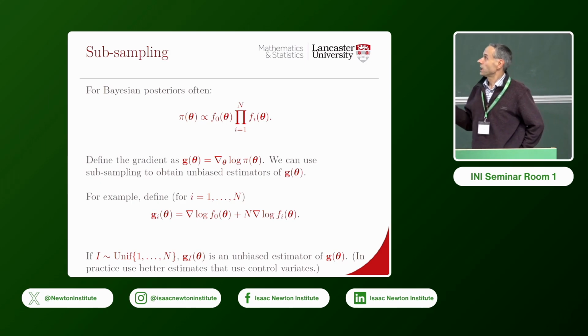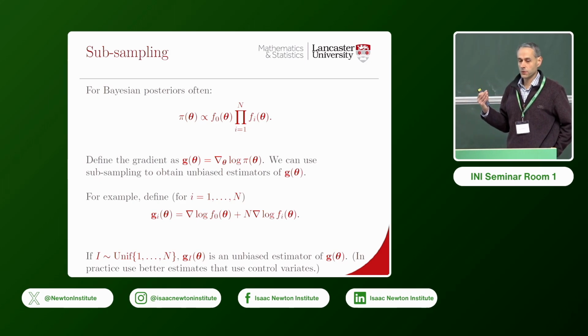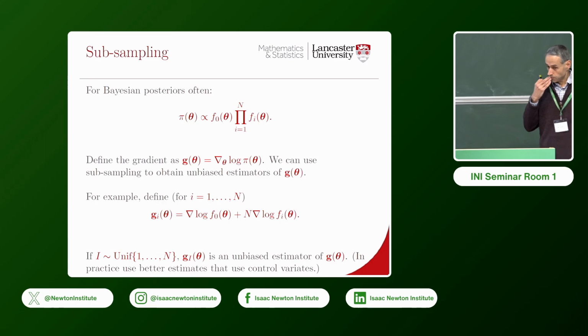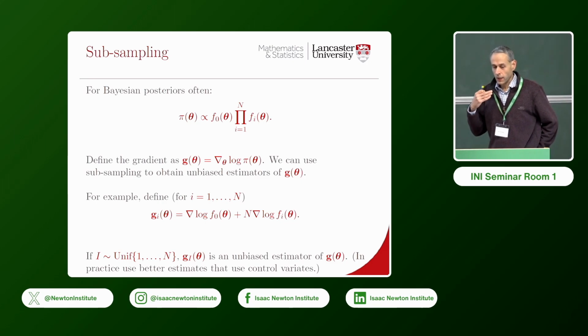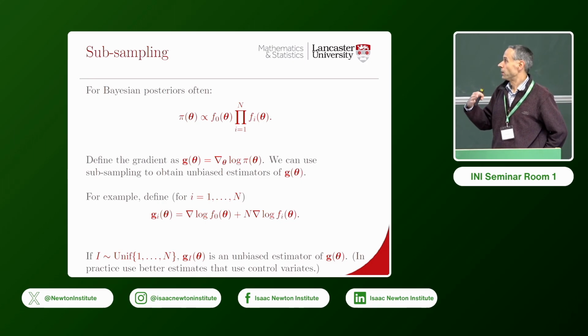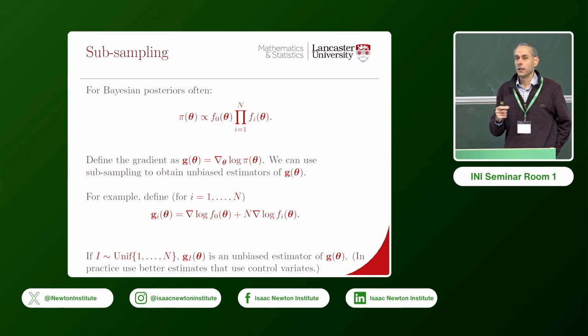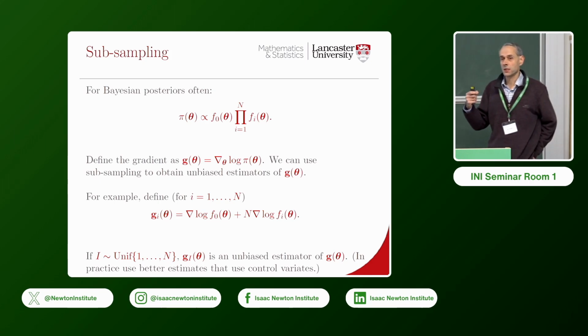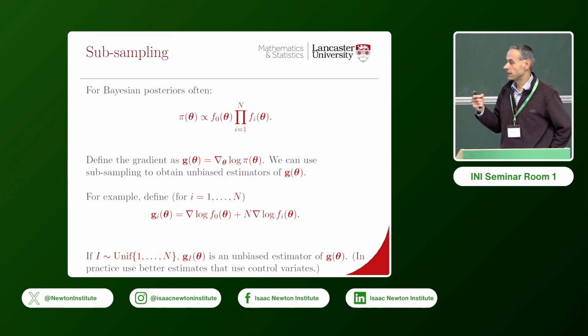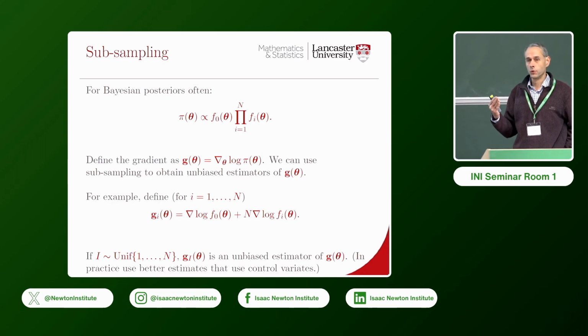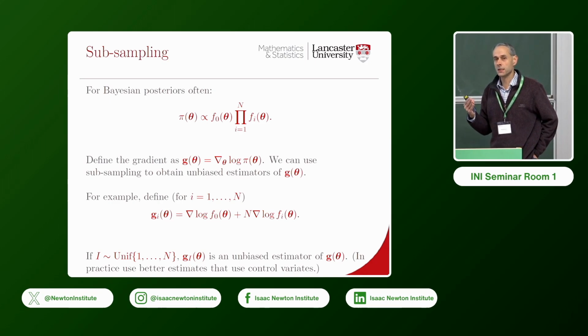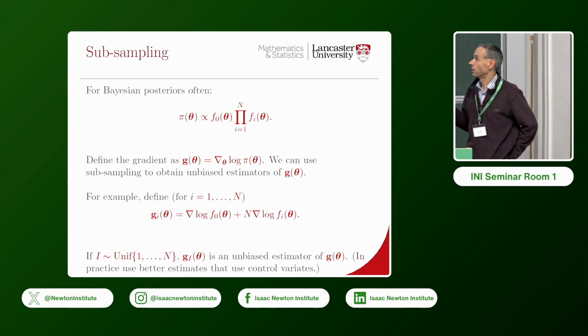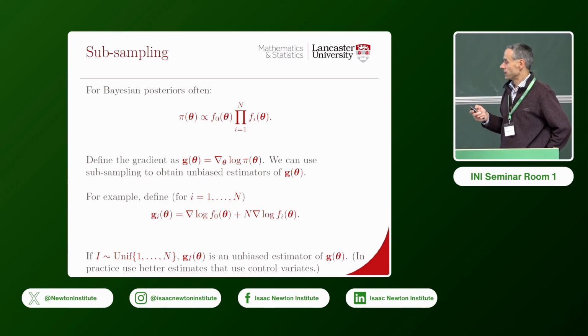So if we then think about what's happening with the bouncy particle sampler, when we're implementing it with thinning, at each time when we're deciding whether to accept or reject an event, we need to calculate what the true rate of an event is, and that depends on the grad of log pi. Okay, so that means that in order to calculate the true event rate, we'd need to calculate